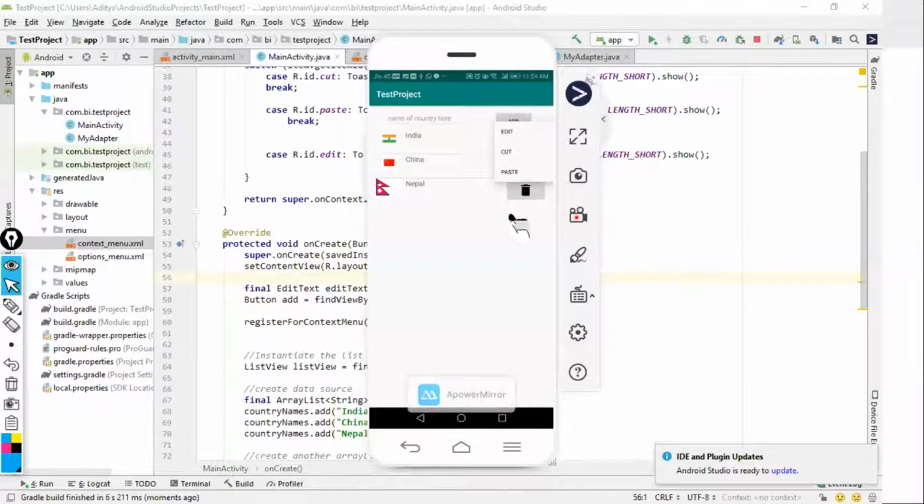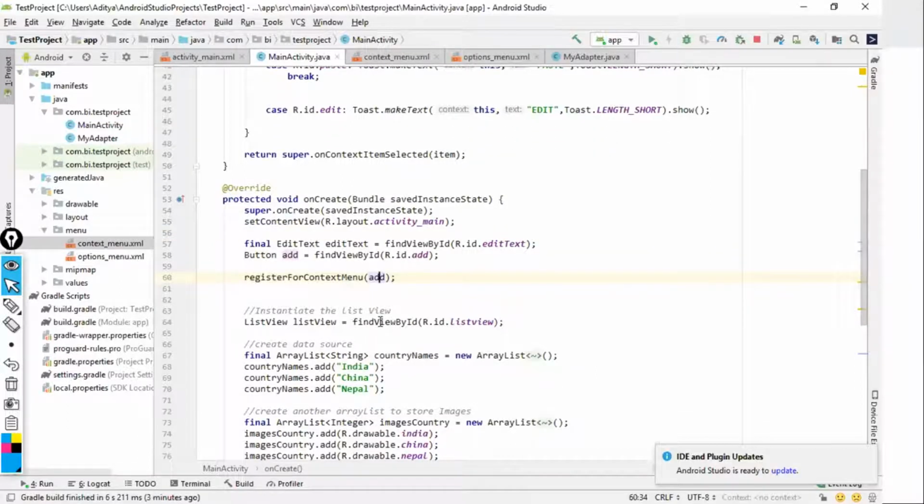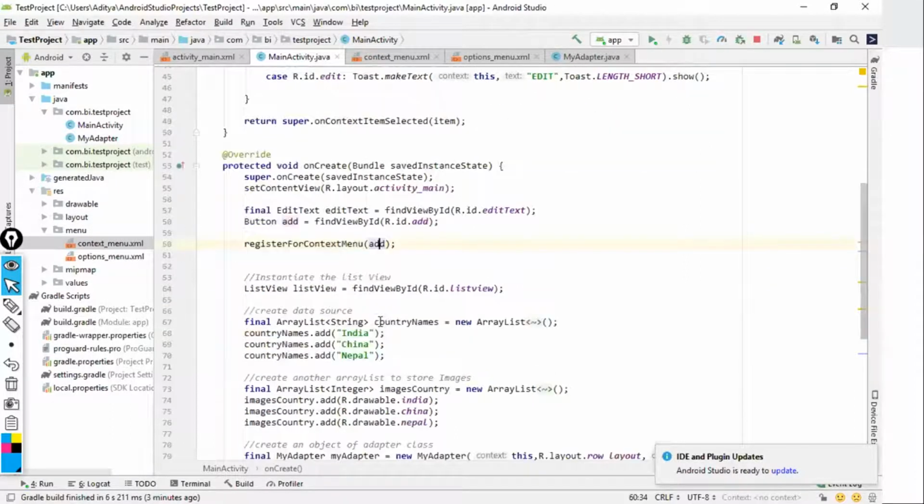Now it is showing me. I'll just click on cut. So I've got cut over here. But now we'll have something which is known as pop-up menu. Now this one is a total disaster. The implementation of pop-up menu is different from the other two. Just look at the pop-up menu.